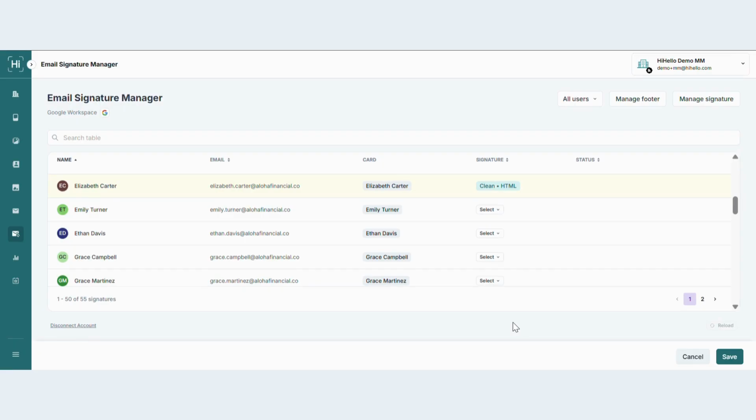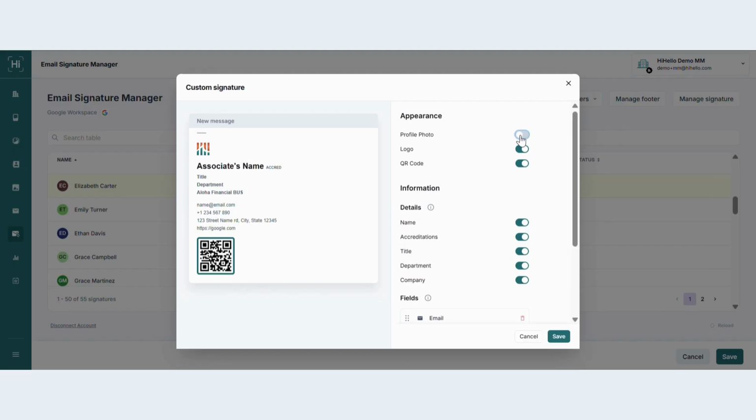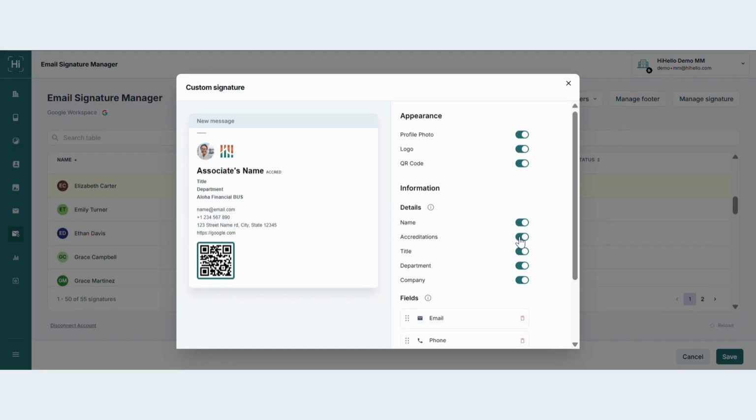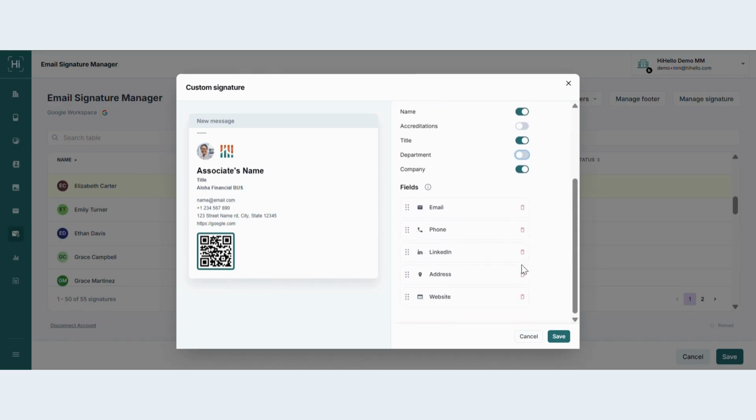If you would like to customize what's included in your signature, click Manage Signature in the top right. You can use the toggles to select exactly which fields you'd like to include in your email signature. Please note that any changes you make in the Manage Signature menu will be applied to all of your HiHello